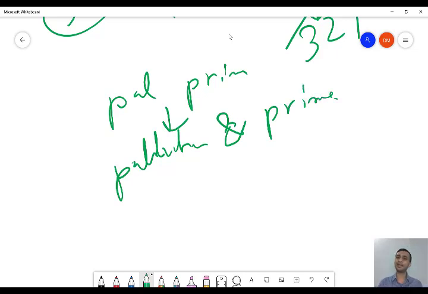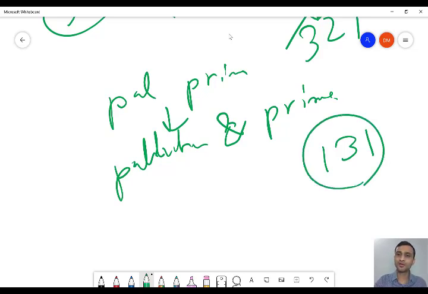If a number is palindrome and also prime, then it is a palprime. For example, 131. So 131 is palindrome because if you reverse it, you will again get 131. And 131 is also prime. You know what is a prime number? A prime number is a number which has only two factors, that is 1 and itself.